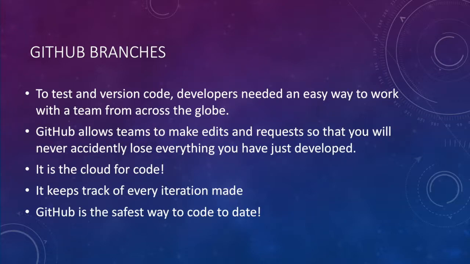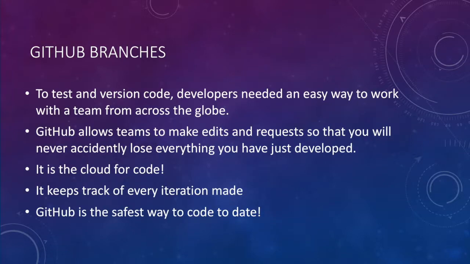So to test and version code, developers really needed an easy way to work with a team from across the globe. So they needed a way to safely have many members work on the same coding project. Now with branches, if you imagine branches on a tree, they all have the same roots. But branches allow the developers to have all the same code and edit as they see fit, but they will always be on a separate branch so that the main code that will finally be put online for everyone to see will always be safe on its own root branch in case someone does make a mistake in the code